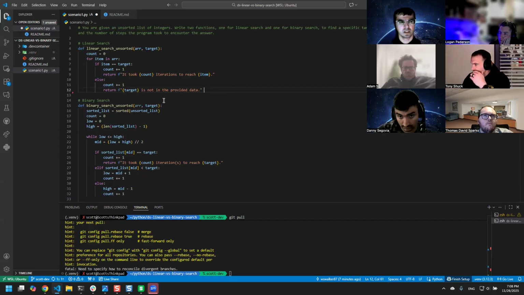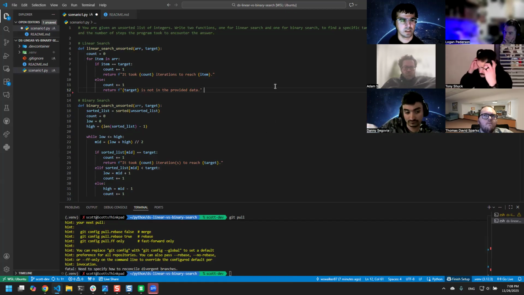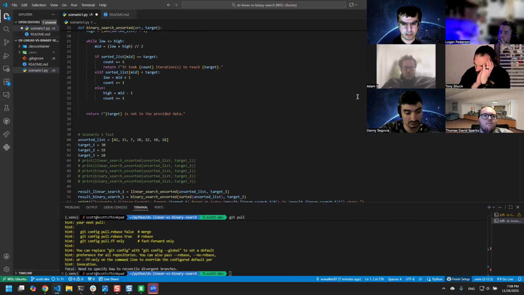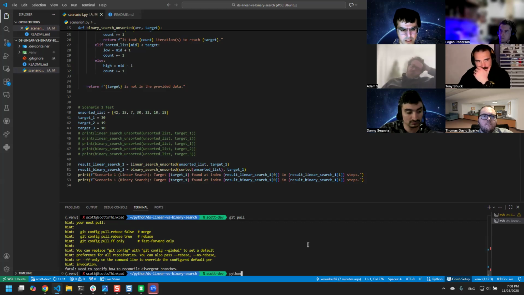It looks good, but for the examples we're trying to get, we have to use enumerate to actually pull out the index. That's what I was just realizing in my own code. Say that again. The examples at the bottom, when making the call, the print statements want the actual index of the number where the target is found. So we have to adjust the loop to pull the index rather than just the number.